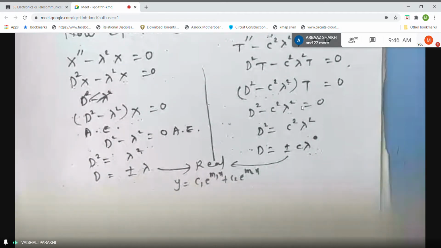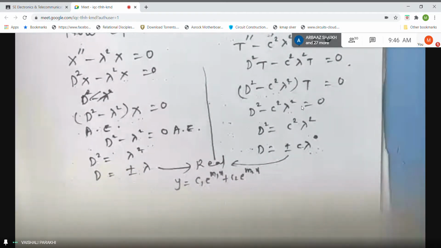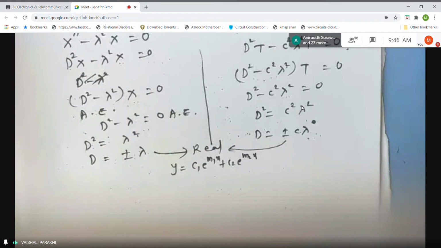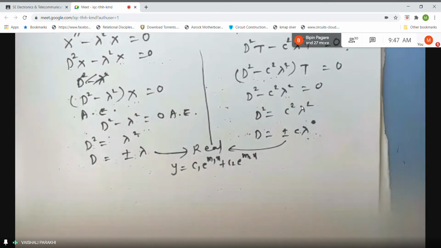Do you remember, students, all these things? Please tell me. Because this unit was there for you last semester. Yes, say something, students, or you have forgotten this. Auxiliary equation, getting the roots. There were 4 cases. If the roots are real and different, what is the solution? If the roots are real and repeated, what is the solution? If the roots are complex, what is the solution? And if the roots are complex and repeated, what is the solution?